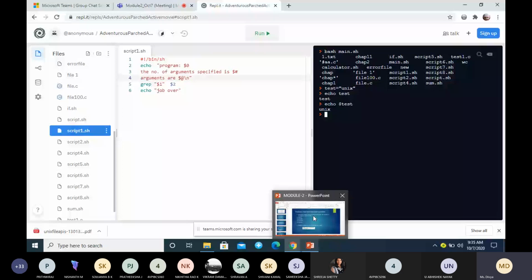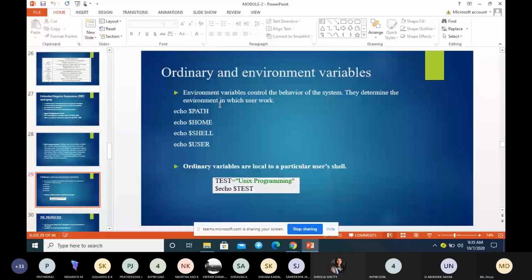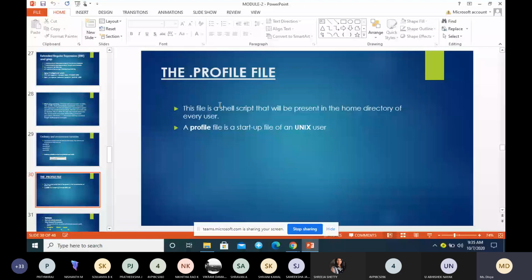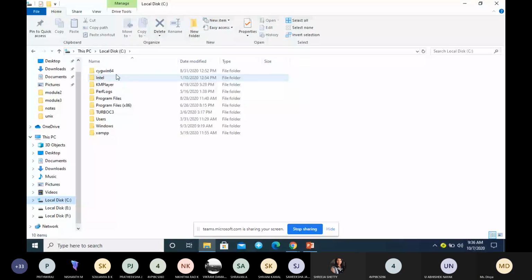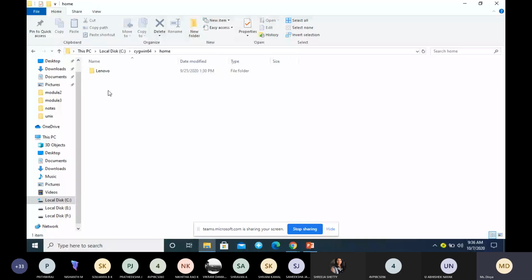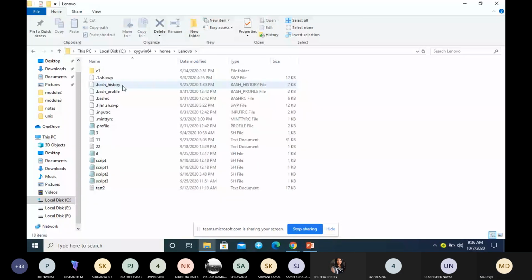The next one is the .profile file. There is a special file we call the .profile file. This file is a shell script that will be present in the home directory of every user. You can see here, you can find a file called .profile.